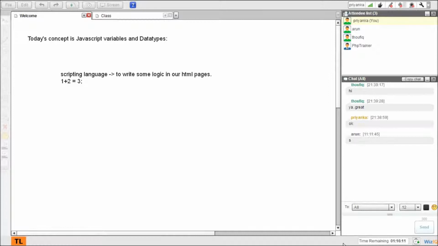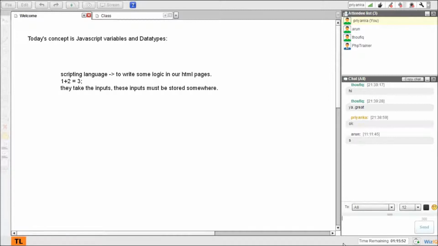How do they do it? The programming language takes the inputs, but these inputs must be stored somewhere so that they can be used.